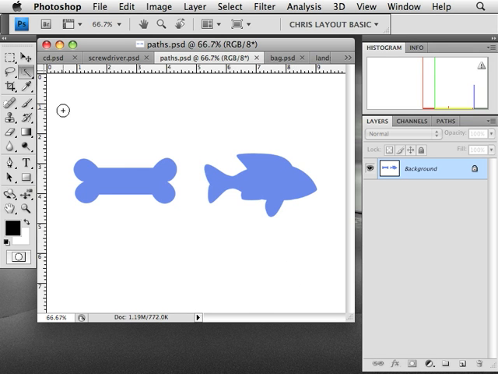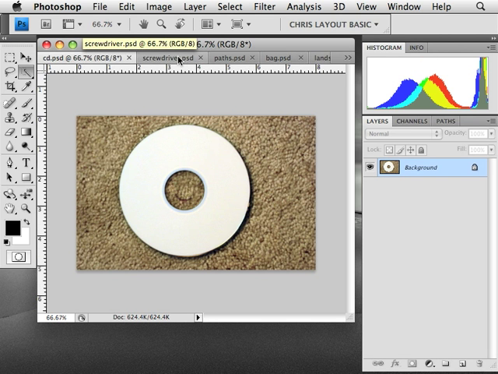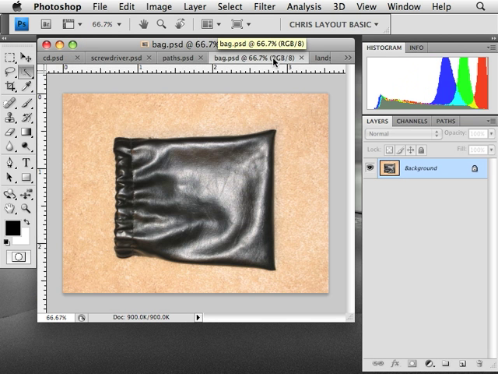So, in terms of what you'll be turning in, I've given you three files for the selection tutorials: the CD file, screwdriver, and the bag. All you're going to be doing is outlining these objects. They're very simple objects. You'll be using the selection tools over here to do that. I'm going to be, of course, going over all these with you in the lessons, as well as the select